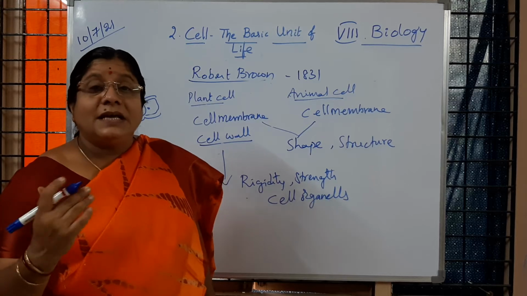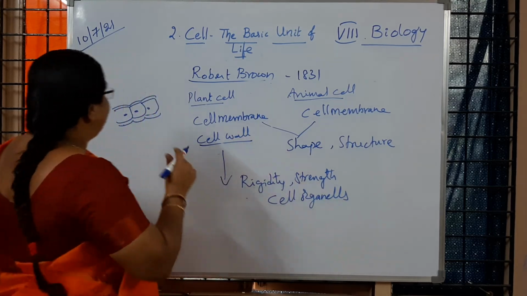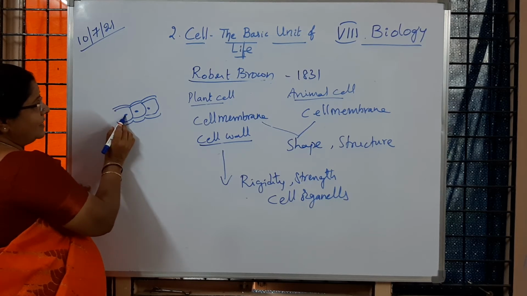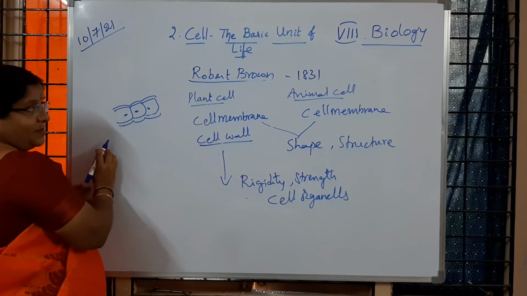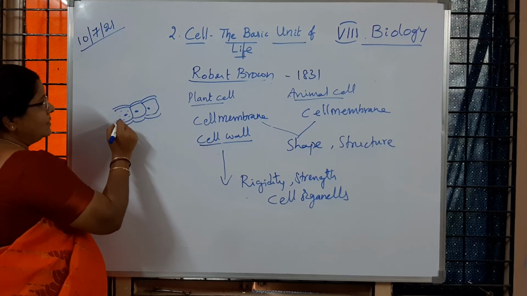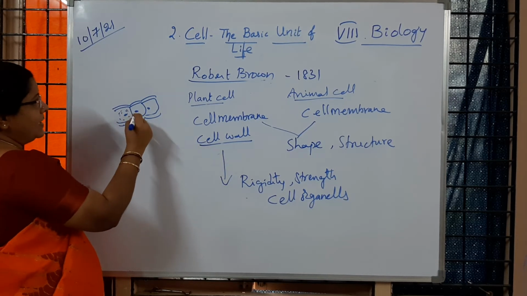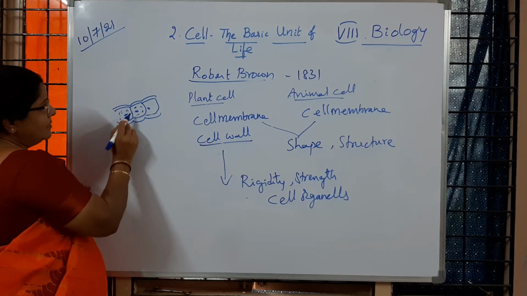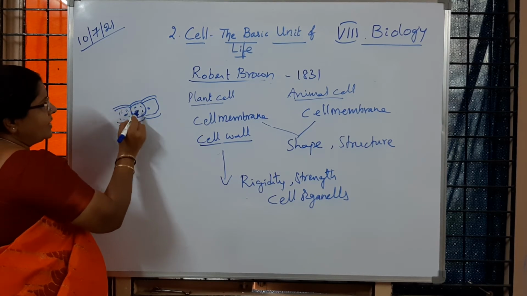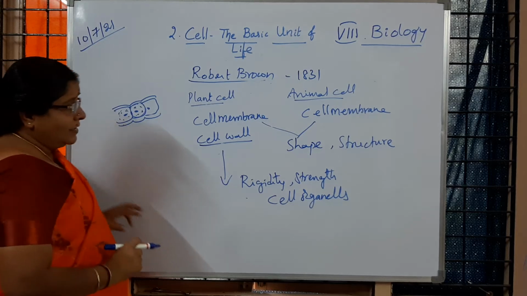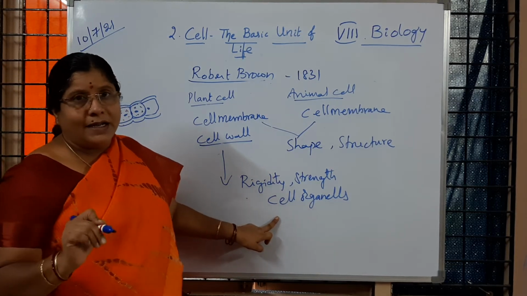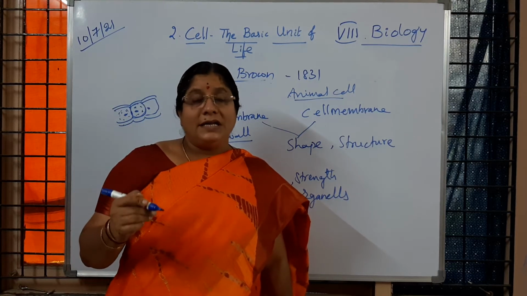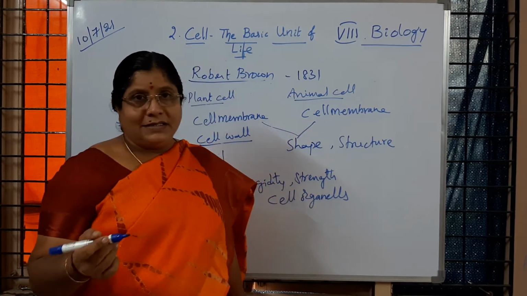Then where are these cell organelles present? Suppose you take this plant cell, where is the nucleus present? Inside the cell membrane, is it not? And on the other side, I have also drawn the stomata earlier, and we have drawn the chloroplast. So whatever parts we are observing inside the cell membrane are called cell organelles. About all the cell organelles you are going to learn in the 9th class. Is it clear to children?